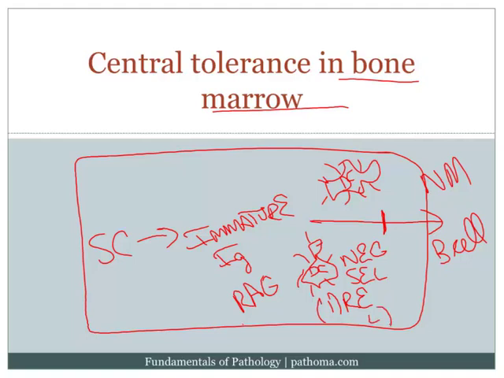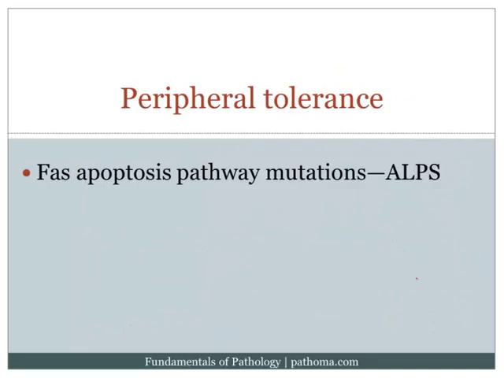Another possibility, if you can't edit the receptor, is that you simply undergo apoptosis. Cells here can also undergo apoptosis, and that would be through the mitochondrial pathway. So anyway, this again is highlighting the importance of tolerance and the way by which we protect ourselves against self-reactive lymphocytes. Now let's assume for a moment that the central tolerance mechanisms fail, or that some rare cells are able